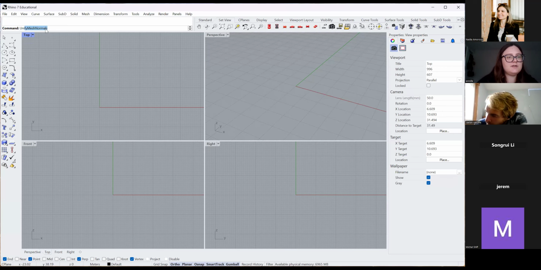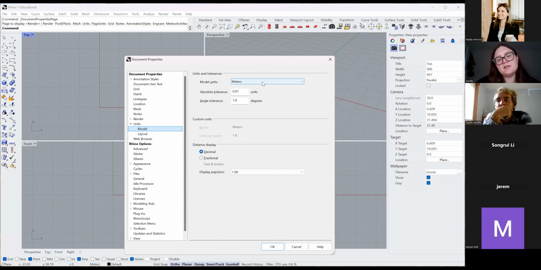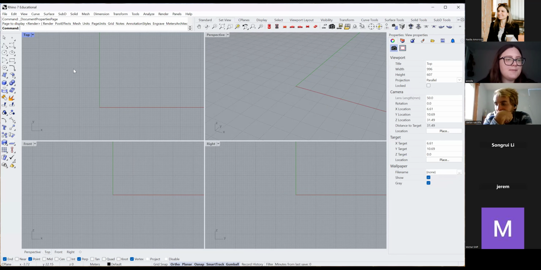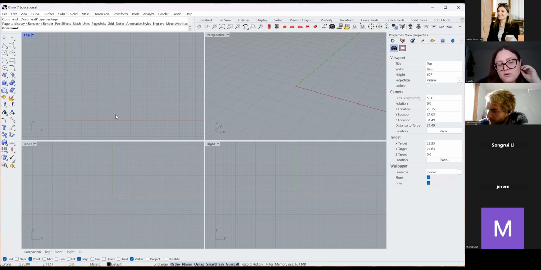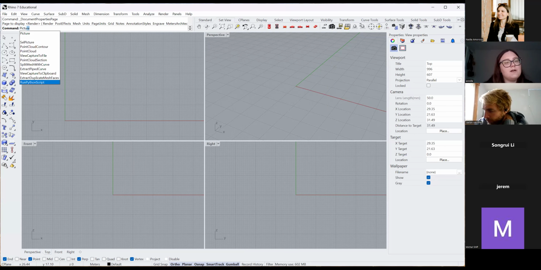So you want to set your units by typing in units, and mine's already in meters, but you want to select it so that it's in meters. And now I want to bring in that Yorkville base map. You could use a sketch, you can use a Google Earth image if you've drawn like a 10-meter line on it. You can bring in any sort of picture, but the trick is to make sure that you have a scale bar. So we're gonna type in picture,